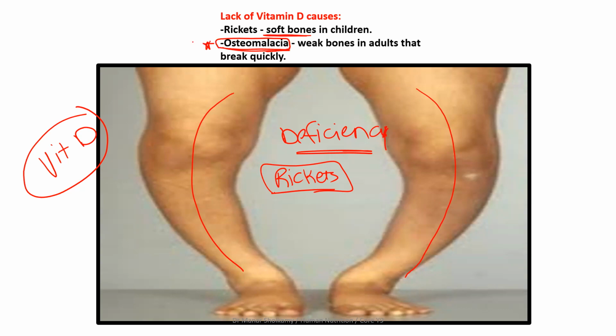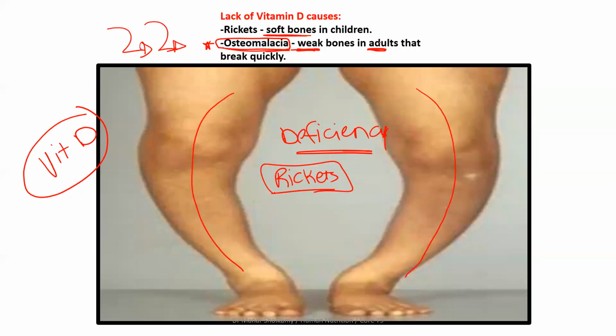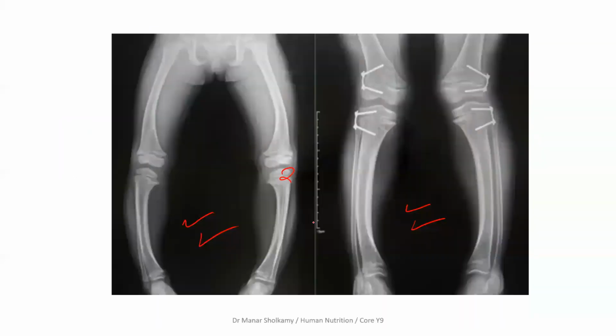Osteomalacia. Very good. Another disease that is also related to soft and weak bones, but in adults, is called osteomalacia. Osteomalacia simply means very weak bones in adults. And these weak bones break very quickly. Just a small bump can make you break your bones. It's a very painful disease, but it can be easily treated if you improve your diet. But if it happens as a child, if you have rickets, this cannot be treated, unfortunately.